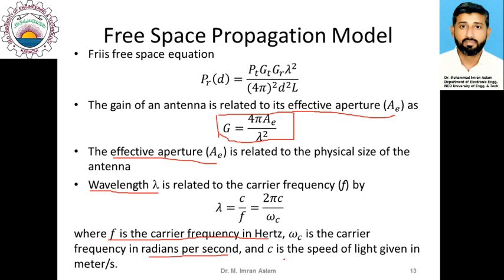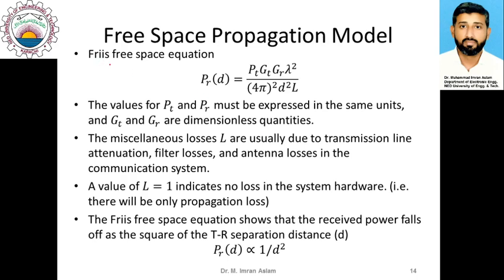C is the speed of light, as we know, which is 3 into 10 raised to power 8 meters per second. So this is the free space equation. You can see that this equation relates the transmitted power Pt to the received power Pr. Typically the gains GT and GR are dimensionless quantities. They do not have any specific dimensions. D is the distance and lambda is the wavelength, which are in the same dimensions. So whatever unit we use for PT, the transmitted power, we will get the same unit for received power PR. So if we take transmitted power in watts, we will get the received power in the